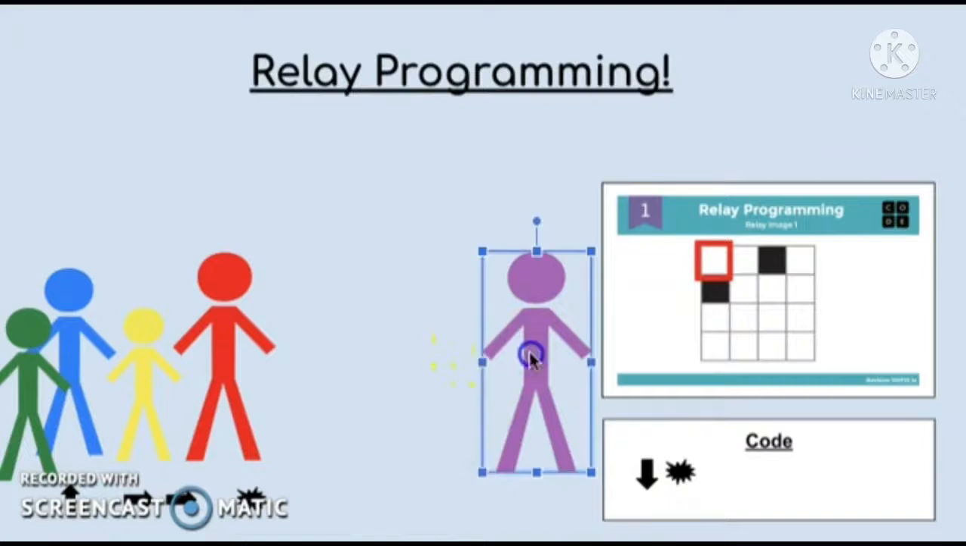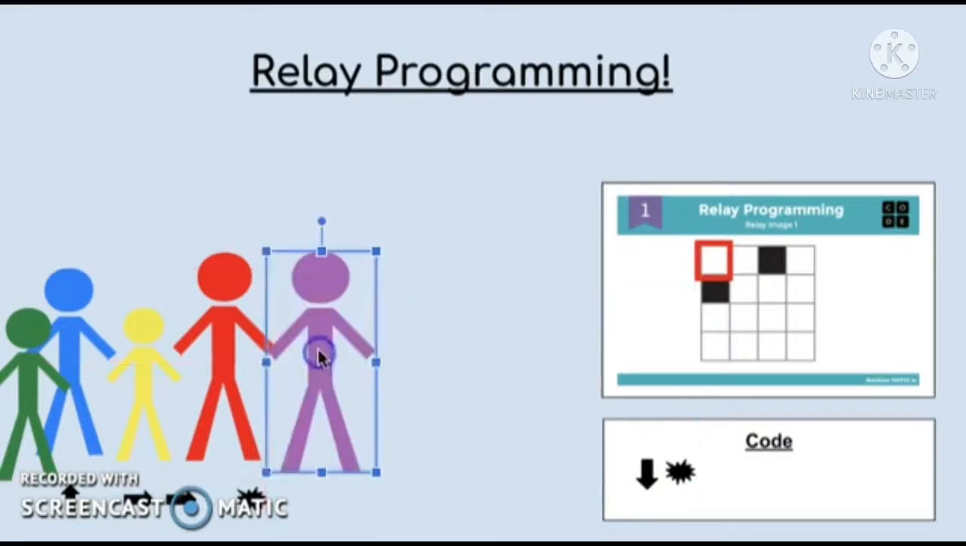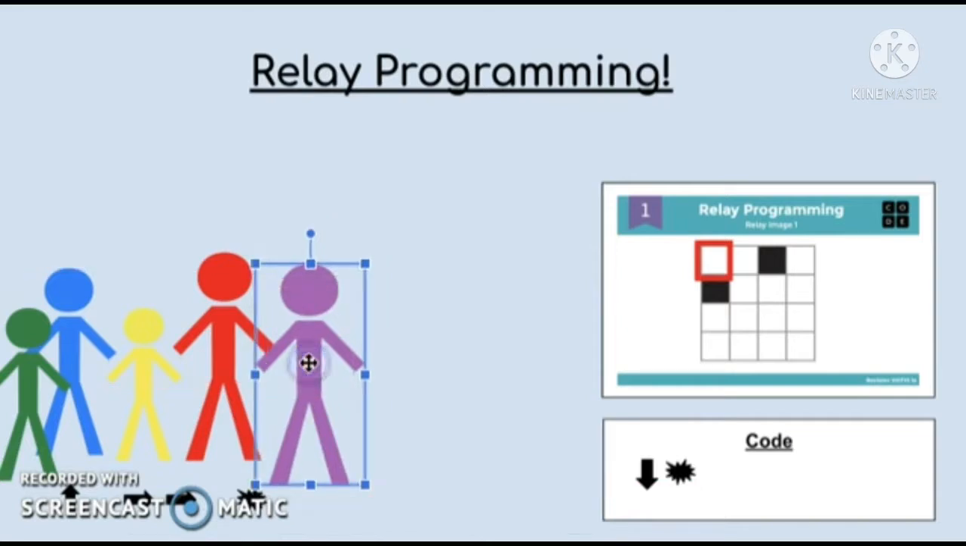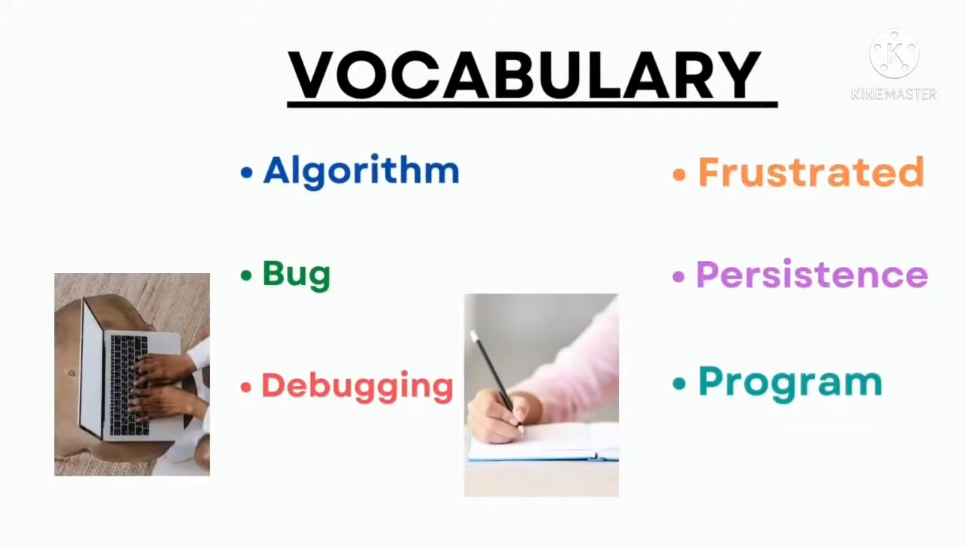Purple will then run back to the line, tag the next person, and this process will continue until the team is completely done creating their code. The first team to have a correctly completed code is the winner. Good luck! Now, during the course of this lesson, there are certain terms you're going to come across, such as